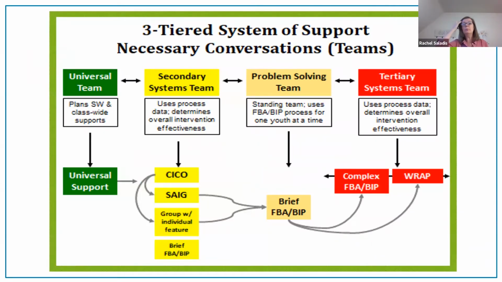This continuum of supports relies on teaming structures, on data, on evidence-based practices at each tier and between each tier. Each tier requires specific conversations about the fidelity of implementation, a plan for training and supporting full staff, and data rules that guide layers of support. Each tier also requires identification of what the supports are and who's responsible for them.